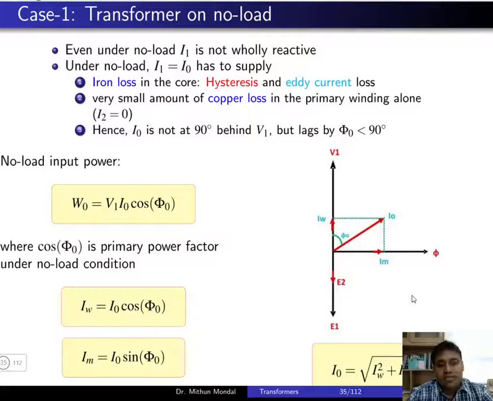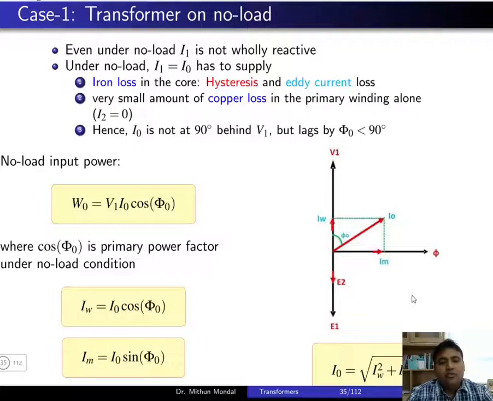In the last lecture on transformers, we will discuss the transformer under the loaded condition and try to see what the losses in the transformer are. Last class we were discussing the transformer under the ideal condition, and we have seen that in an ideal transformer we don't have any losses. So all the losses in the ideal transformer are zero. Then one by one we will add the losses and try to find out the equivalent circuit of the transformer.